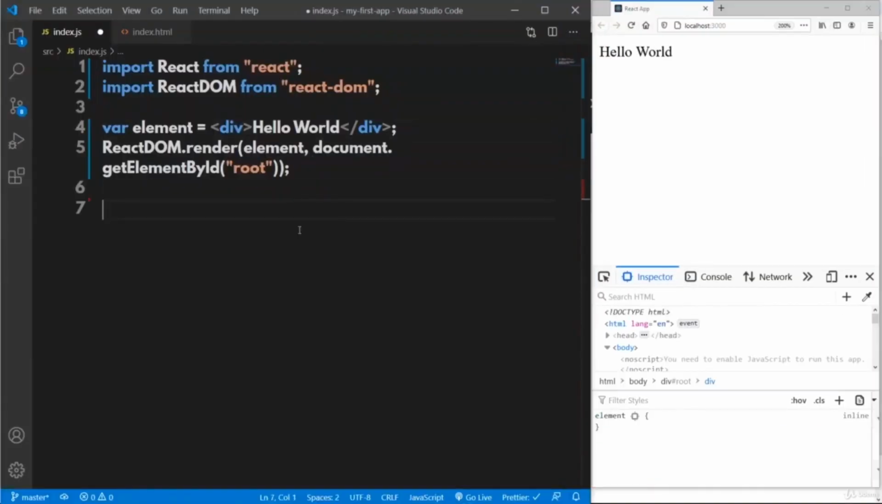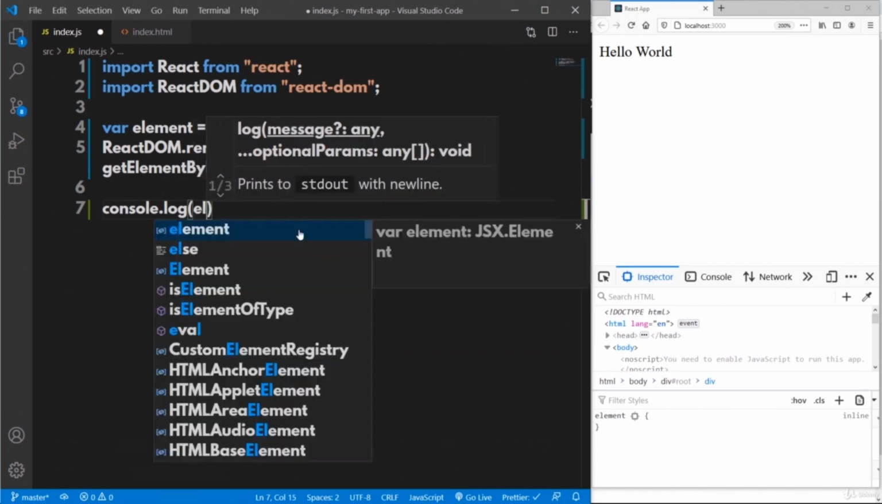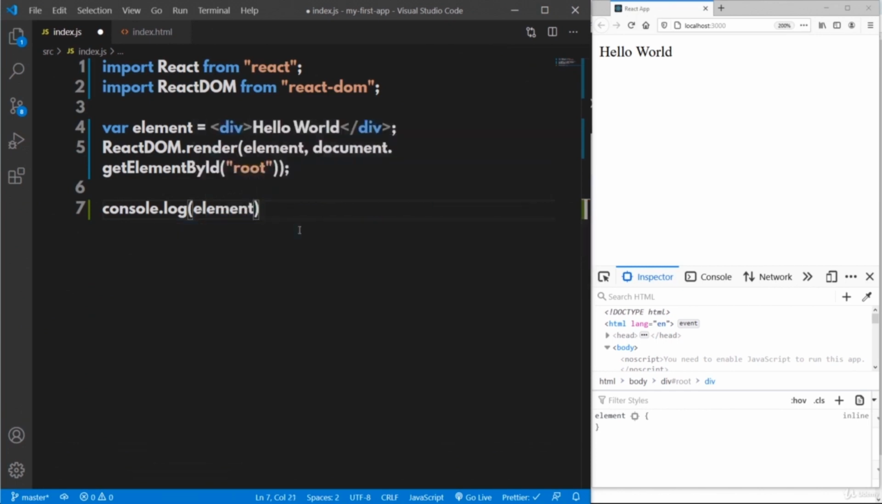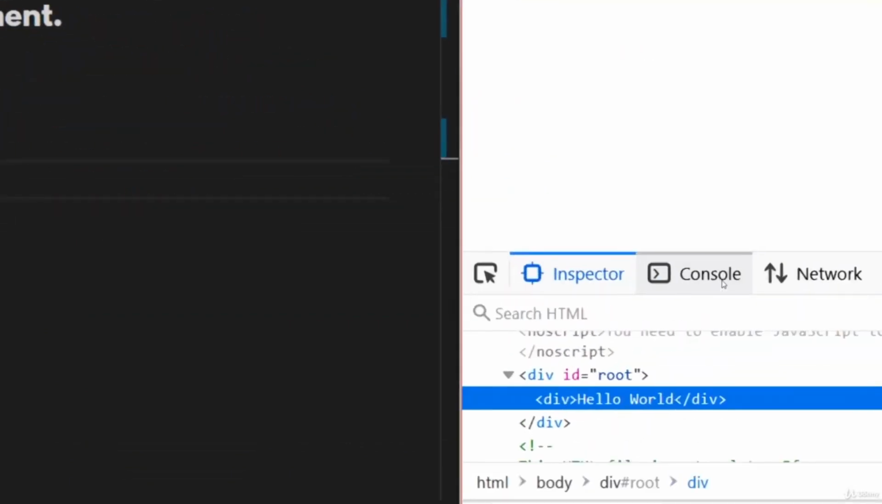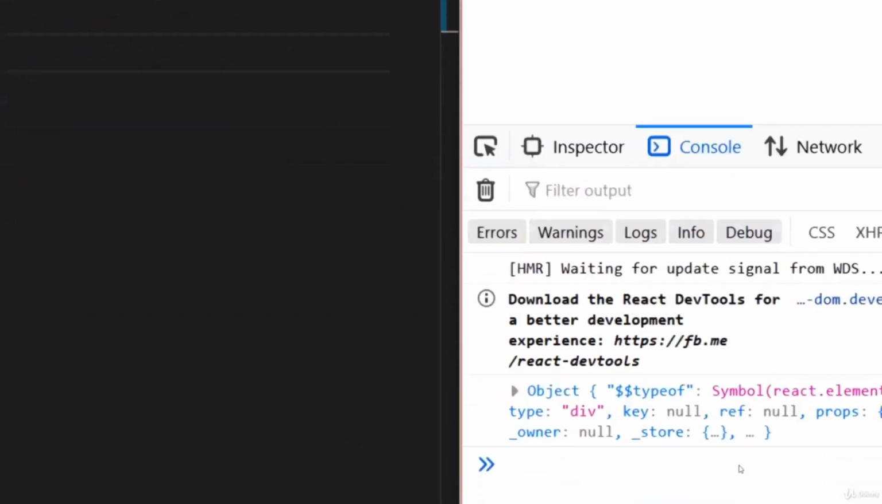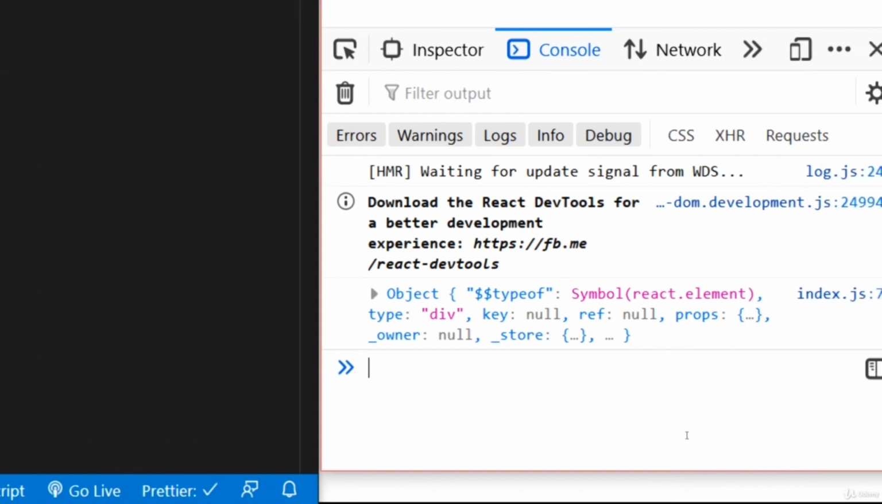And now let's render the element in the console.log. In JavaScript, the output statement is console.log. So it shows the value of this particular variable inside the browser console here. So have a look at the console. That particular div tag is represented as a React element. And if you expand the same,